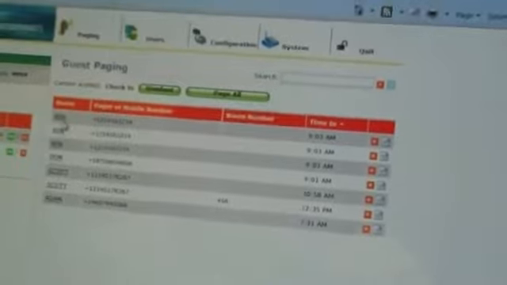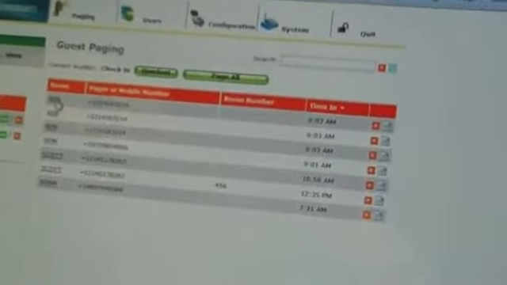So now, when it's my turn, all they have to do is click on it. They can send me a message, come back to reception, and hit send. What this would do now is send a text message to that particular guest's phone, and they would get a text message so they can show back up to reception, and you now have a room that's ready for them. Speeds up the entire process of guest registration,